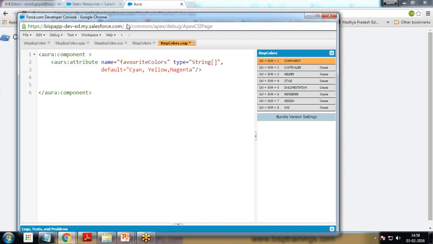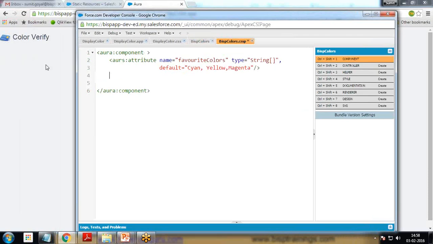I want to display the attributes on this home page. Whenever I load this application, by default I want to invoke this component, and when this component is invoked, it should display the default values over here. To display the default values, or the values returned from an Apex class, I'll specify here